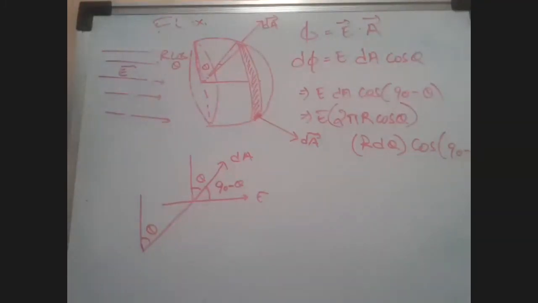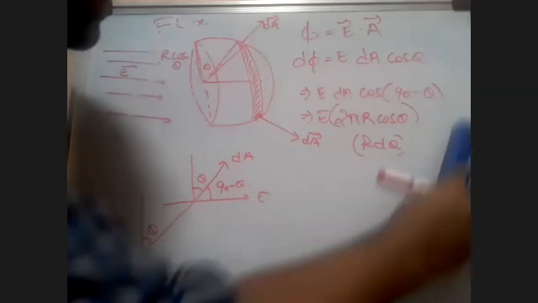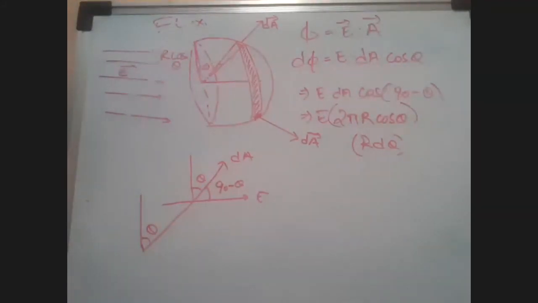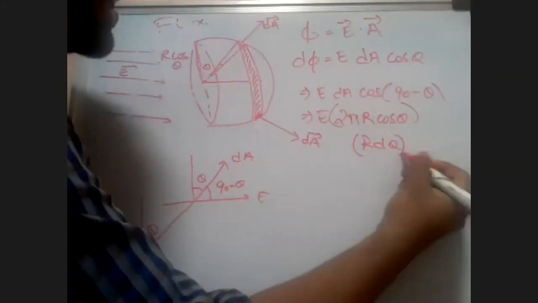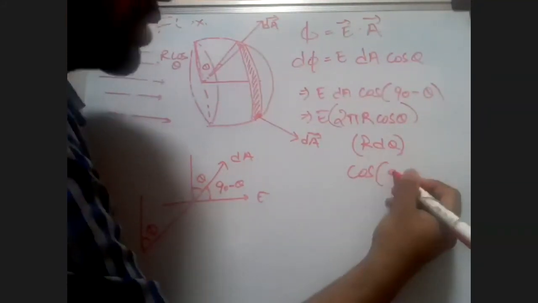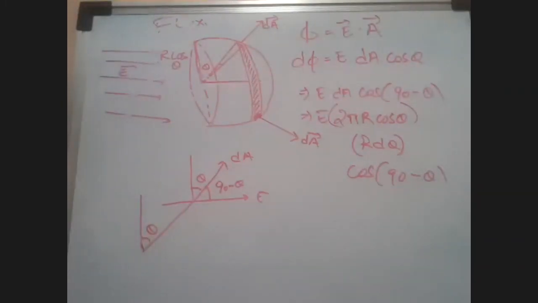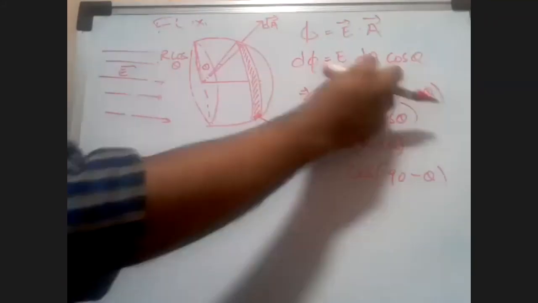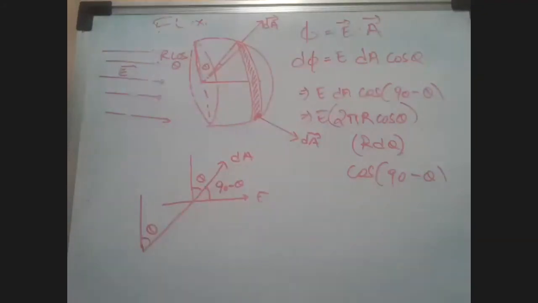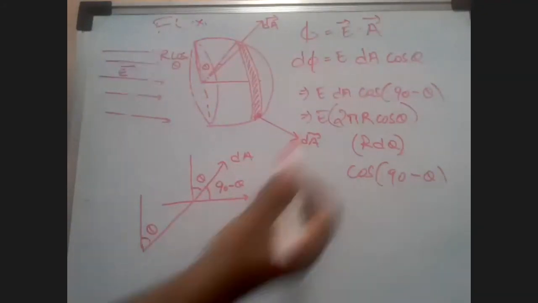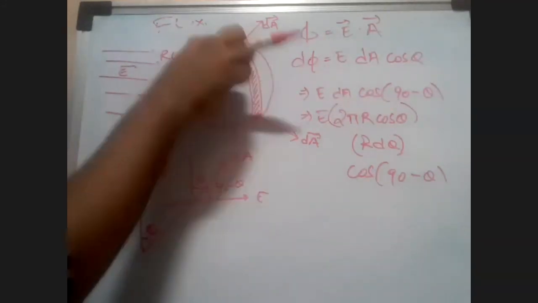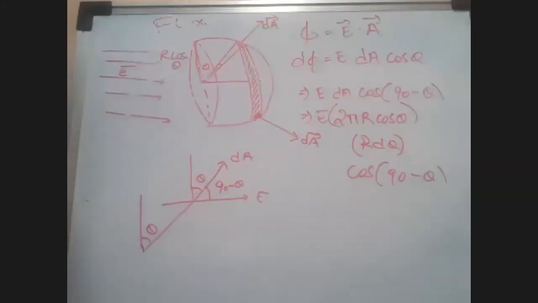Did everyone understand this? Sir, can you explain this part again? Yes. Thank you. At least someone has asked a doubt. See here, for example, this is dA. What is dA? Basically, dA is a ring which we have taken on the hemisphere. So it is a ring. What will the area be? Circumference into thickness of the ring.